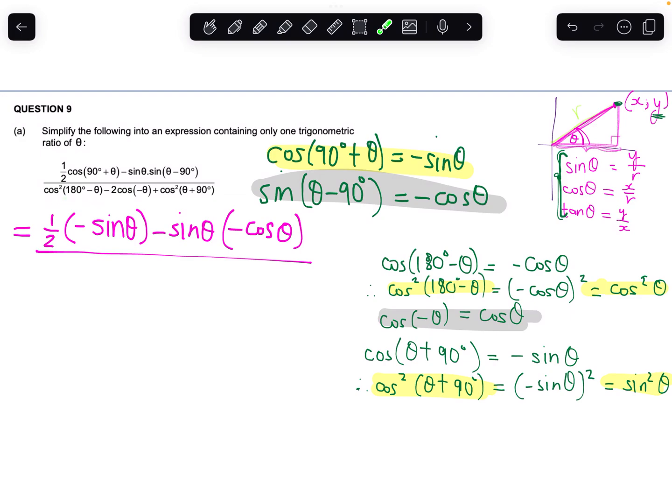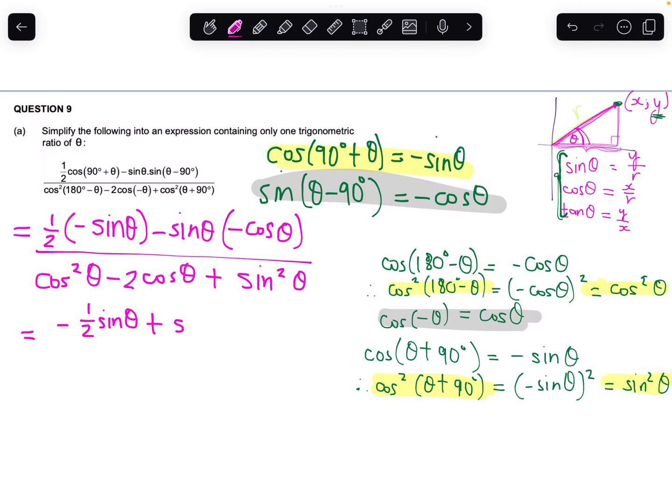And then next up we've got this guy, which is cos squared theta minus 2, and this is, oh, I don't even need a bracket. Cos negative theta is positive cos theta, so just going to write it like that. And then here we have sine squared theta. Okay, so this is minus half sine theta